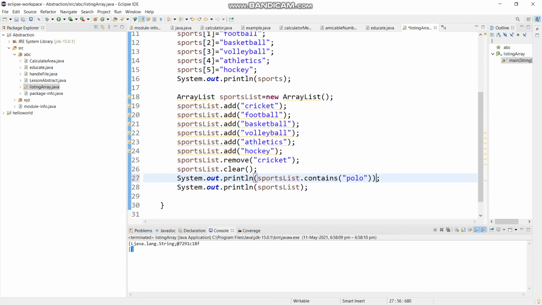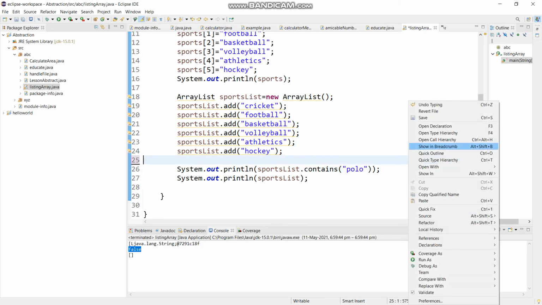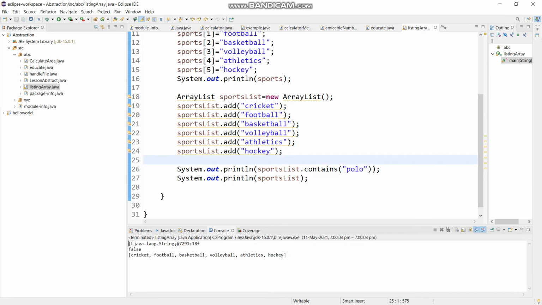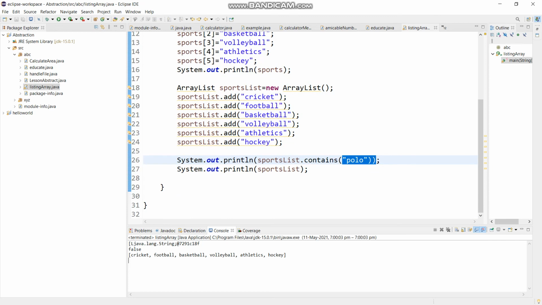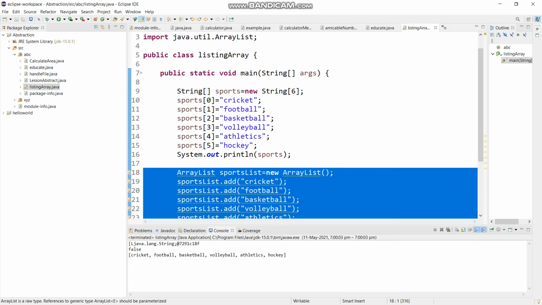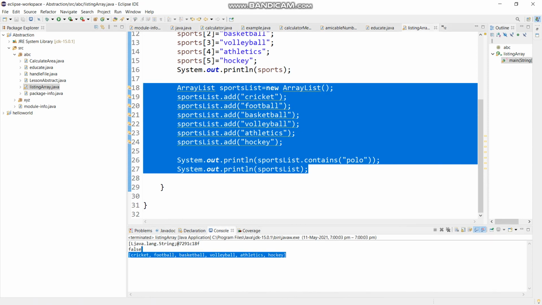Now I'm going to run this program. Very nice. You can see it is saying false, because polo is not written inside the item list. I'm going to remove this. Now you can see it shows the array elements, and it is showing false. So these are some methods for how we represent an array list and how it is different from a simple array program.